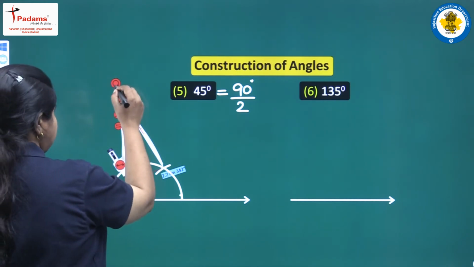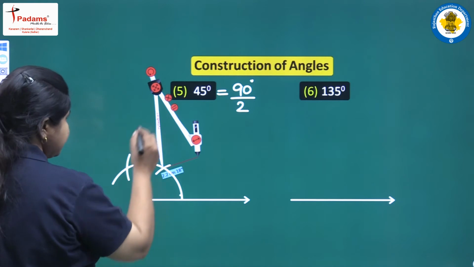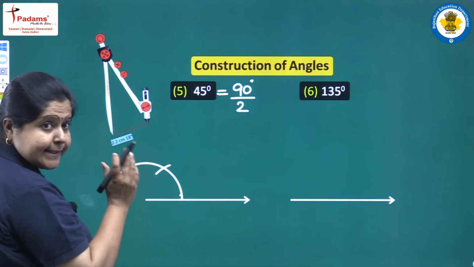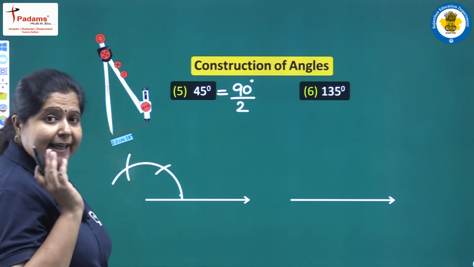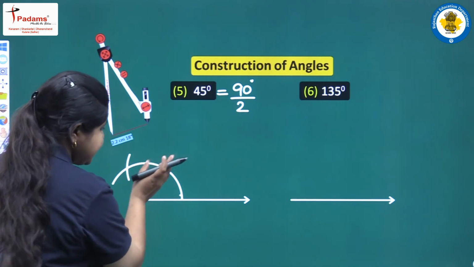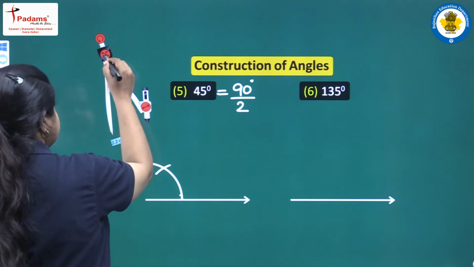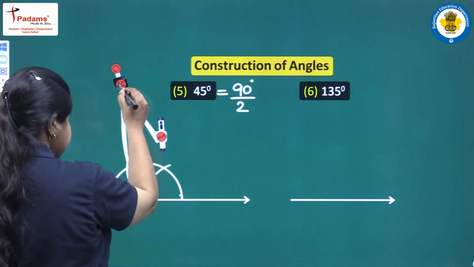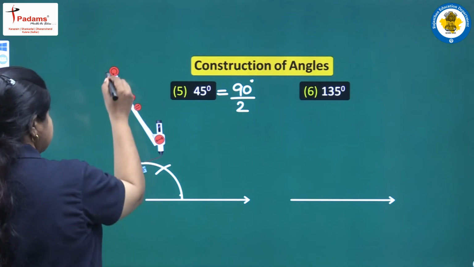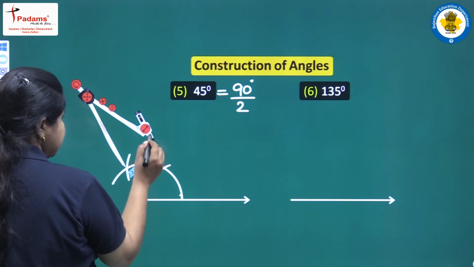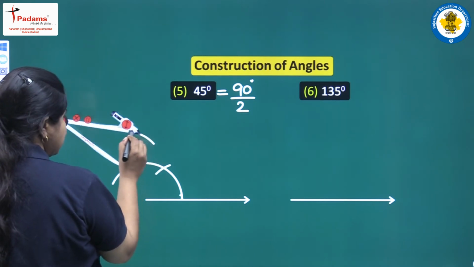Next what we have to do is, we will bisect this angle of 60 degree in the center to get an angle of 30 degree, and 30 plus 60 we will get 90 degree. So first we will draw an angle of 90 degree. For this, keeping this point, taking it as center and with a radius which will be equal when we will be drawing the two arcs.